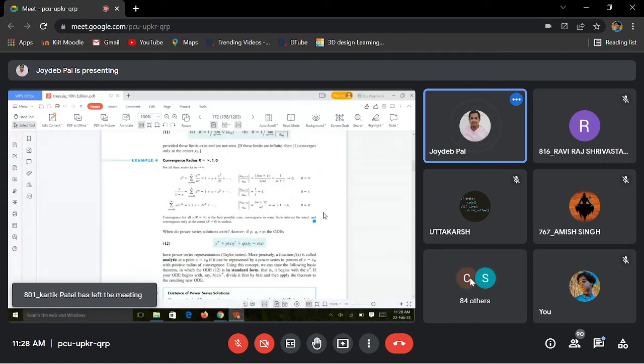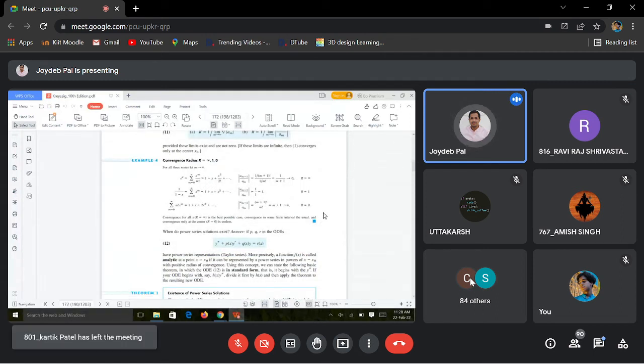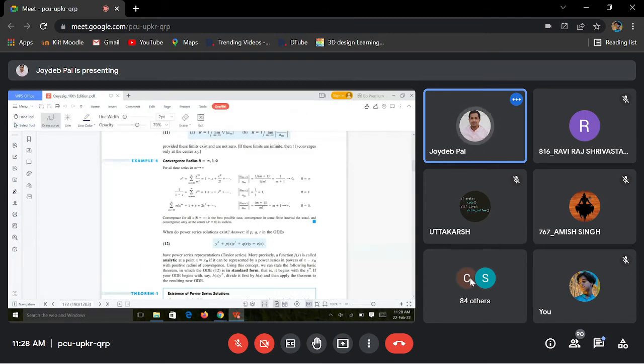Here is another example where the radius of convergence is infinite. Try this series yourself: the sum over m from 0 to infinity of x to the power m by factorial m. For that series, the radius of convergence will be infinite. Ignore what is written here, do it on your own.